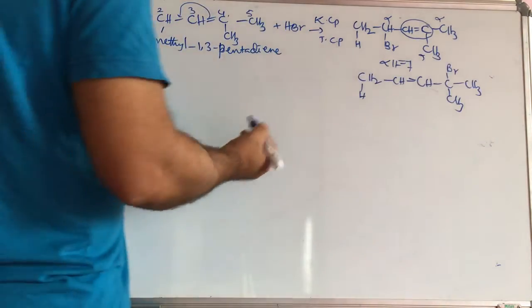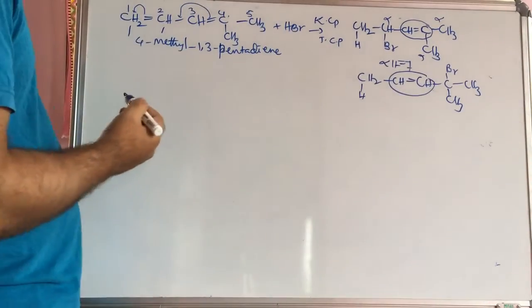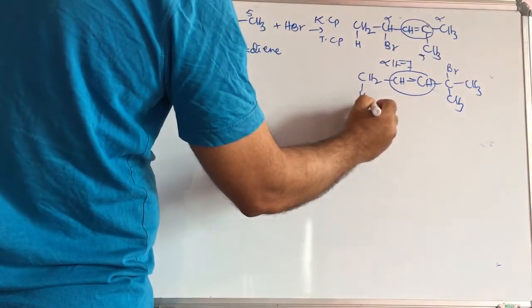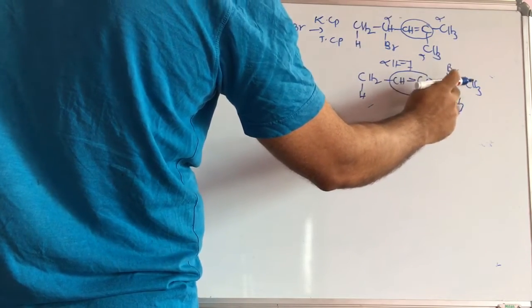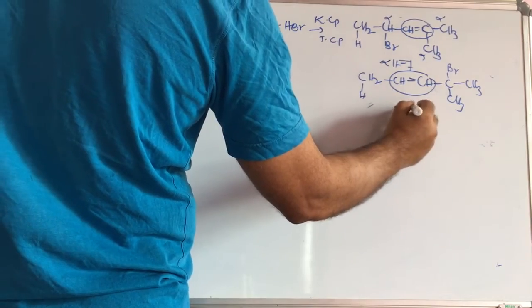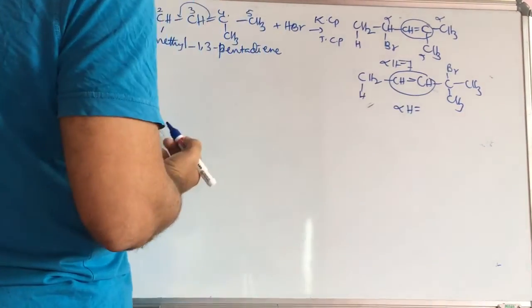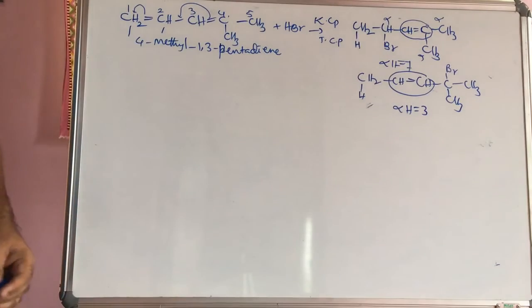Okay, so this is a double bonded carbon. Here the alpha hydrogens are 3. Here is the alpha carbon, and this is the next, beta. On this, hydrogens are there. That's why alpha hydrogens are how many here? Only 3.